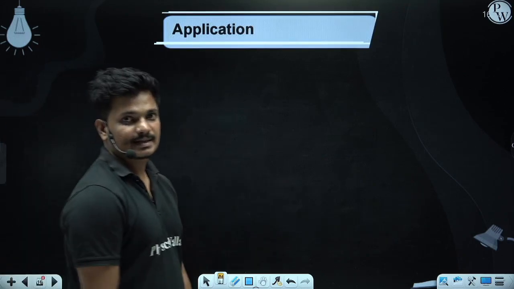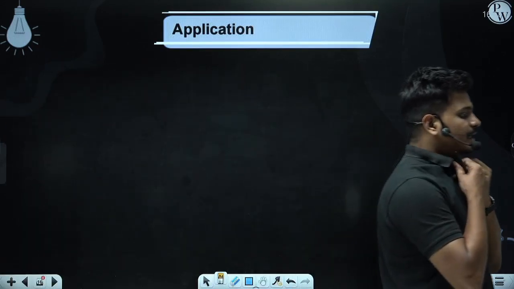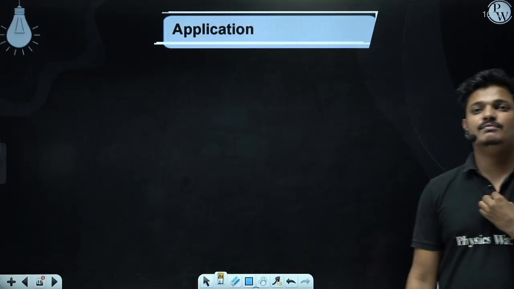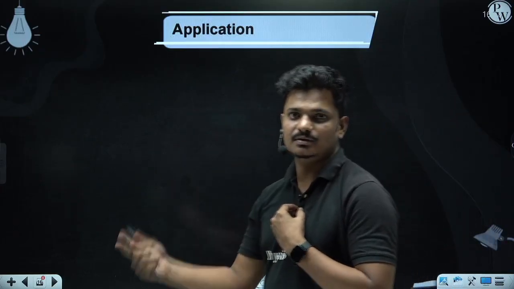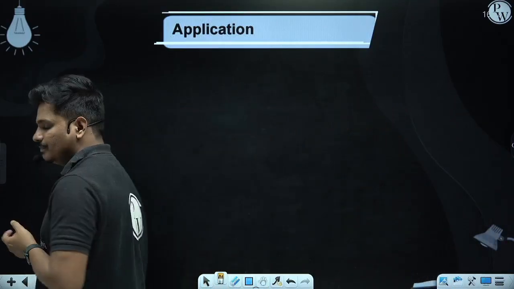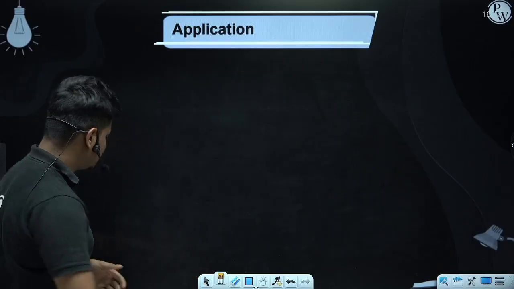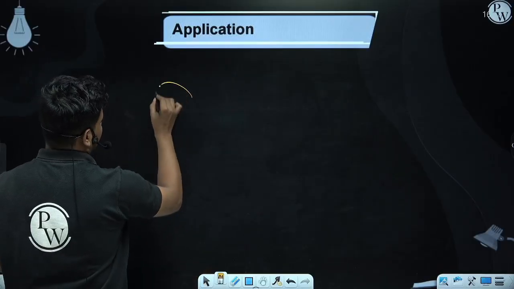So we can discuss application. Okay, application of this one. How to, when we need this one. Okay, so in general, look here. In the case of guitar, just draw a guitar. In the case of guitar,